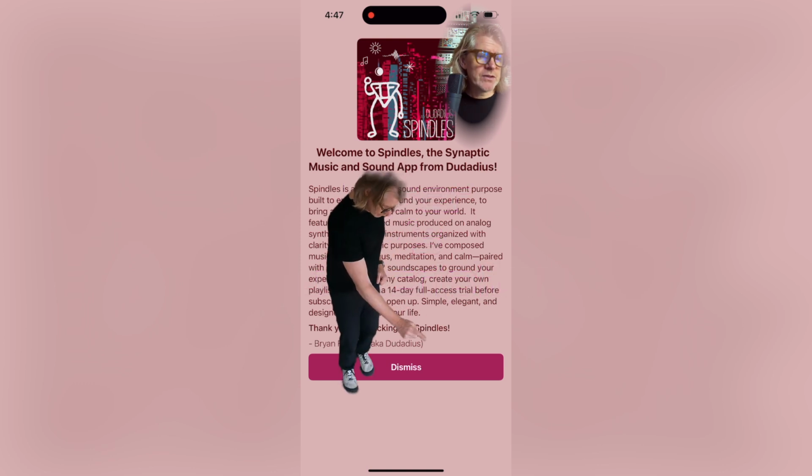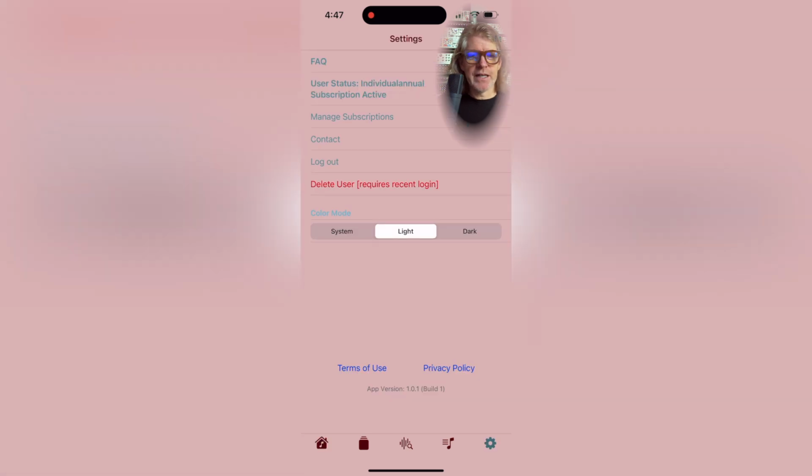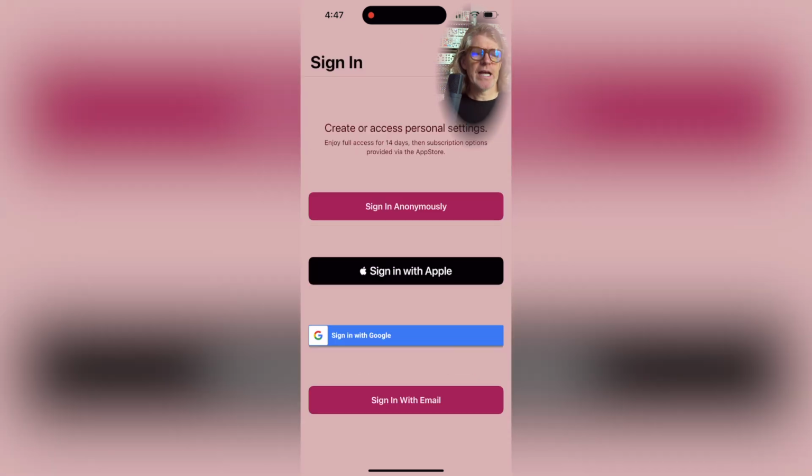As I was conceiving of this app, I tried dozens of other mindfulness apps and functional sound apps, and I really hate it when you download the app and you first go to log in and they immediately hit you with that screen that says 7-day free trial, but your subscription will kick in right after that 7th day. It's an immediate turnoff to me usually. So I wanted this app to follow more of the idea where you download it, you get free access to it, in this case for 14 days, and then it presents you with the subscription options.